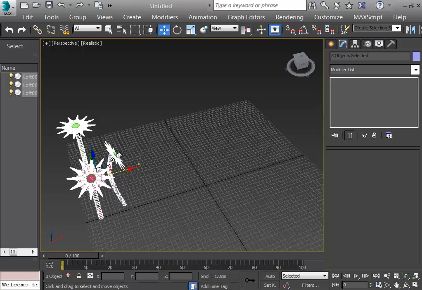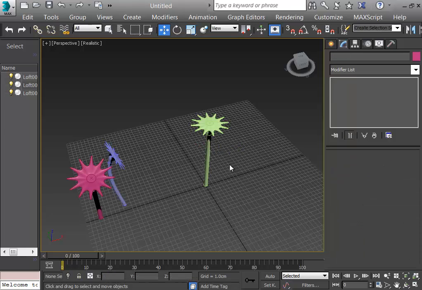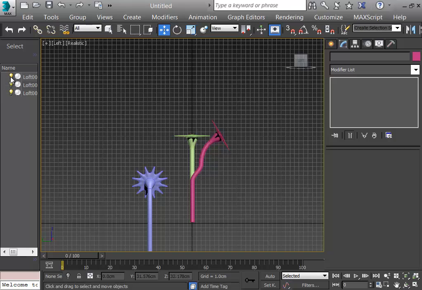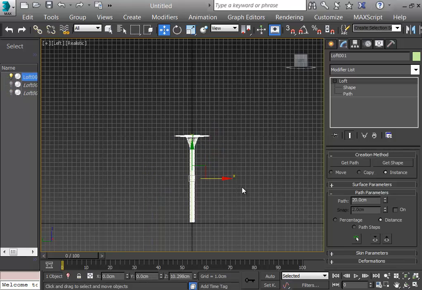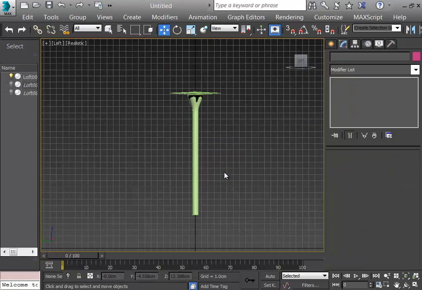And now I should put the pot. Okay? So what I will do is I just need to use this straight flower to decide the size of my pot. So I'm just taking this flower into here where it is 0 and 0. Okay, so I will see from the left, and I will just turn the other flowers off. Now I'm seeing it from the left. I just need to elevate it a little bit because I just need to know how high it is. So that's okay now. What I will do now is I will just zoom in, and then I will just